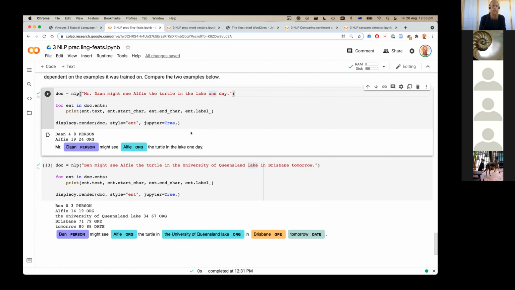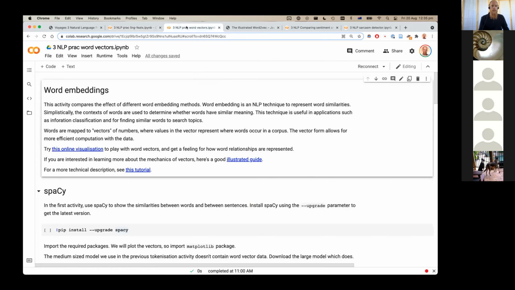Okay, any other questions about that session? If not, we can look at some word vectors. Now, just